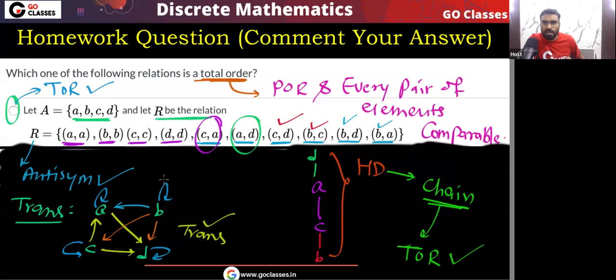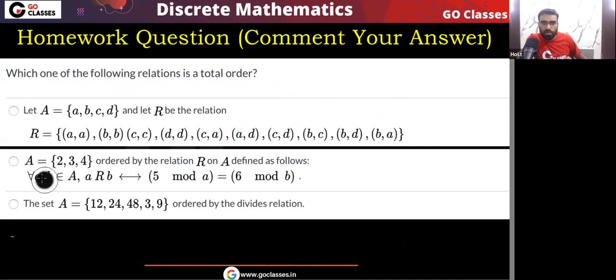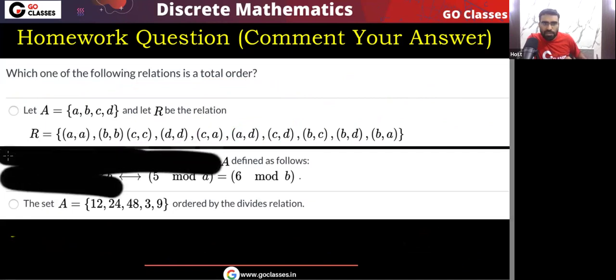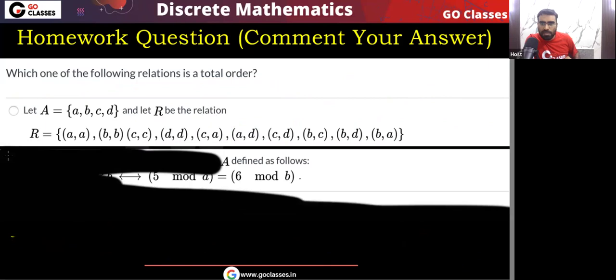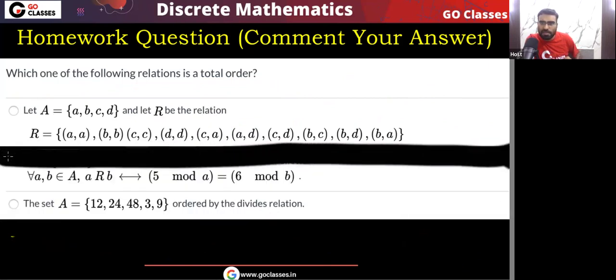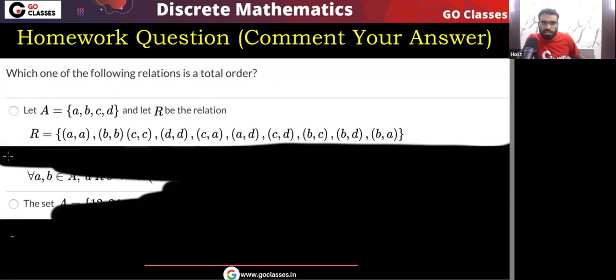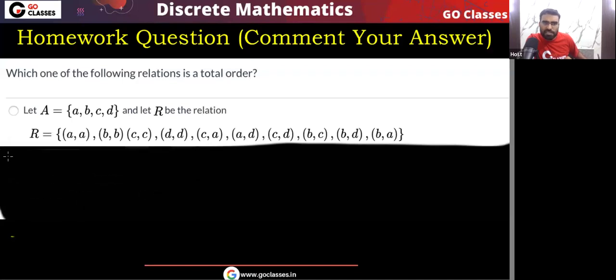Now let me tell you a very quick method. If the same question comes in the GATE exam, how can you do it very quickly? If this type of question comes where all the ordered pairs are given to you, will you check the transitive property, antisymmetric property? First we are checking transitive, reflexive, antisymmetric, all these things, then we are creating the Hasse diagram. It is taking time. So let me tell you, for this type of question where you have set representation